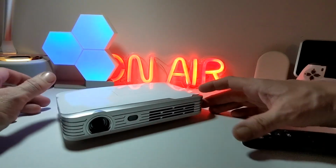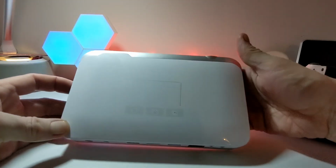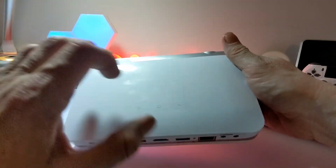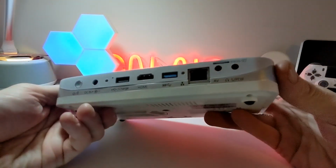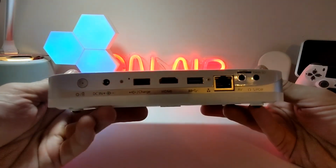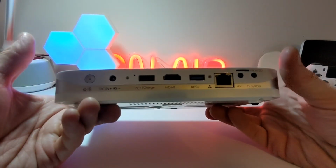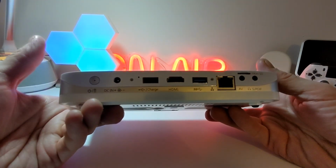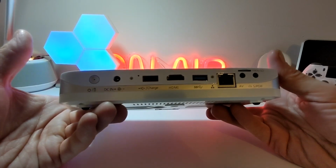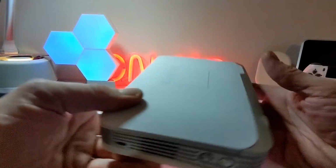So that pretty much wraps up this cool, neat projector. And as mentioned, there are some buttons here on the top if you're using it next to you on your bed or whatever the case is. You've got a navi pad, you've got back, home, and a menu here. So you have all these ports here for all your peripherals, so you can't really go wrong. And the size of this as well, it's totally portable. And you've got the ability to plug in speakers, your headphones, micro SD, any flash drive, your PlayStation, your PS5, your laptop. You can charge devices, you can connect pretty much anything to it,